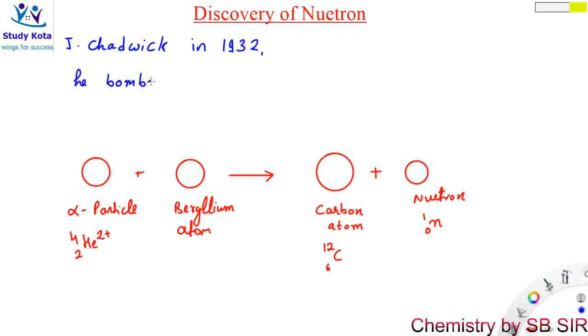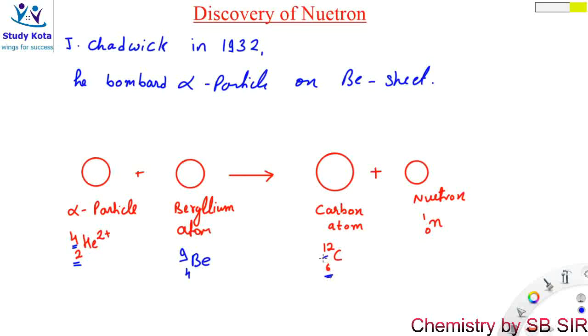So after bombardment, he bombarded alpha particles on a beryllium sheet. He observed that the alpha particle, which is helium's nucleus, helium with atomic number 2, mass number 4, when bombarded on a beryllium sheet, beryllium being atomic number 4, mass number 9, the resultant product led to the formation of a carbon atom whose atomic number is 6, mass number is 12, plus a particle formed after the